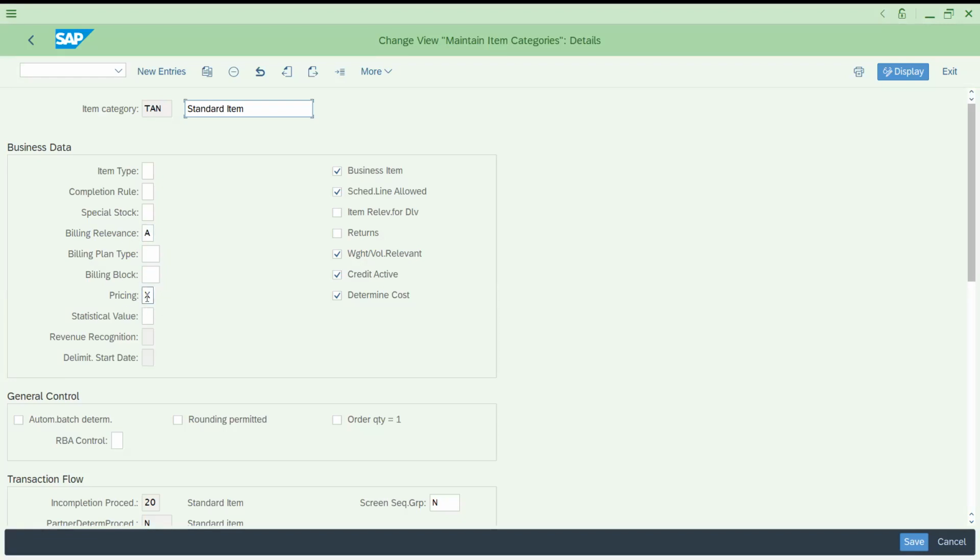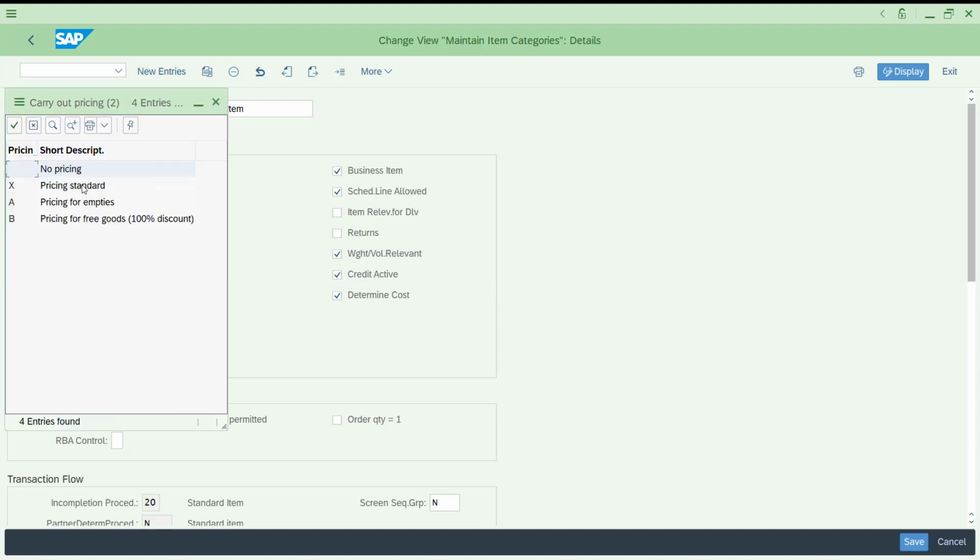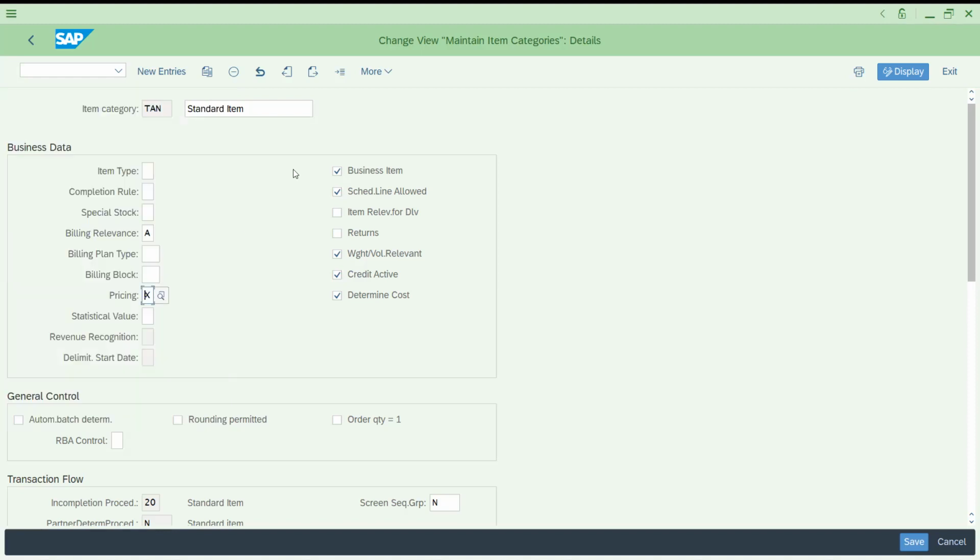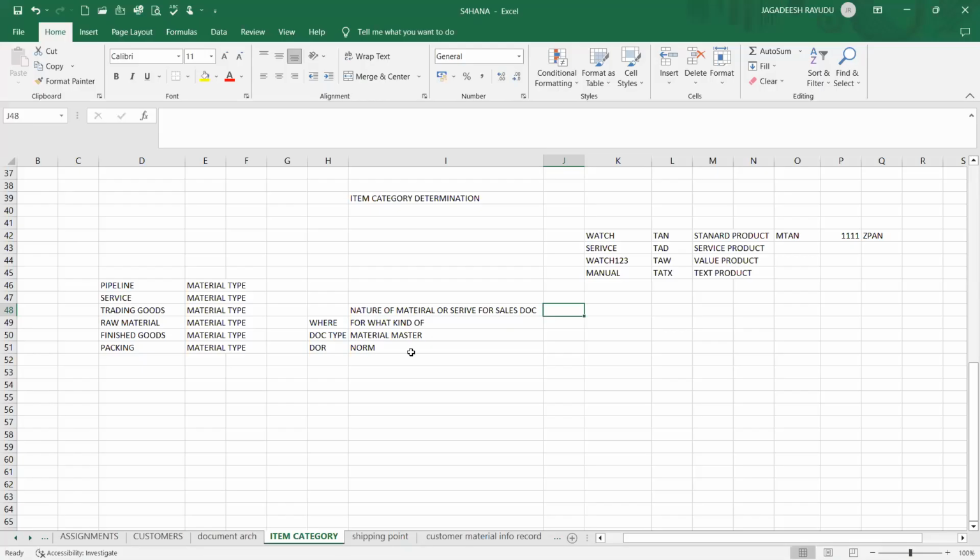So pricing is also required. For pricing you have a couple of things, like whether it is a standard product, pricing for empties, or else free goods. I'll explain this later. Free goods is one different section. Now you got this one. So that means norm. Next one is usage. I will explain you